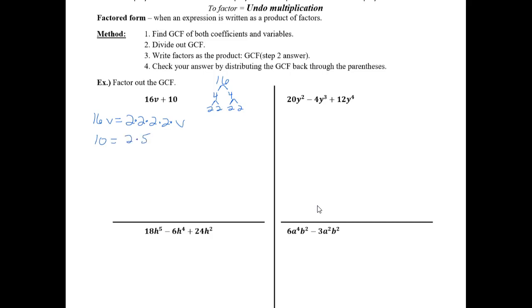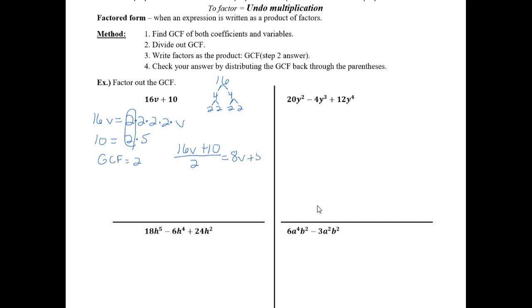And then we say, what do these have in common? They have a 2 in common. So the GCF here is 2, because that's the only thing that they have in common. So the first step is to find the GCF. If I want to factor it out, I take my original expression and divide out that GCF. Remember, factoring is undoing multiplication. How do I undo it? With division. So this is going to be 16v divided by 2, which is 8v, and 10 divided by 2,